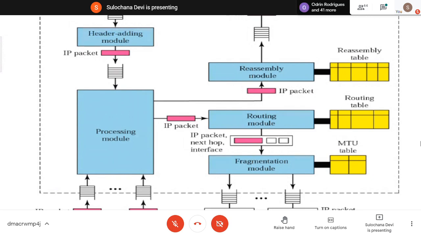So if I have to reach somewhere, I have to find out all possible routes to reach there, and then I have to select the shortest path. That depends on the information I take from the routing table, and the routing module takes care of that. According to the routing module, it is decided to which next router this packet should be passed. And then depending on the next network where we are passing this packet, this fragment, this datagram, it is handed to the fragmentation module.